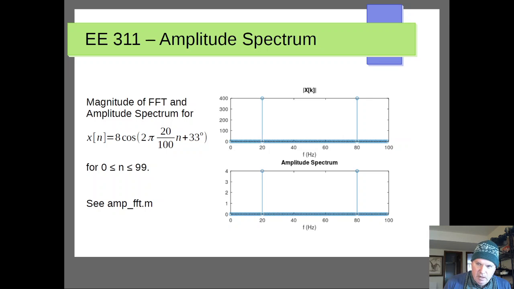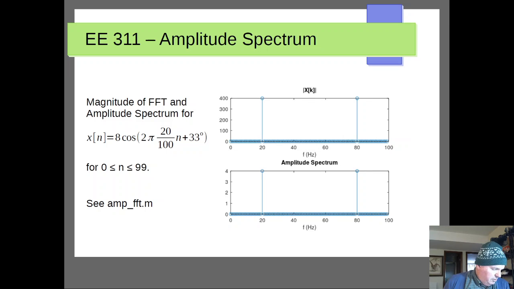So we can neglect any of the components that appear above 50 hertz when we're working with real sequences, because they are directly related. This is that complex conjugate relationship I was talking about earlier. They're directly related to frequencies below the folding frequency, or below fs over 2, or below 50 hertz in this case. Now, again, the amplitude of our sinusoidal signal is directly related to